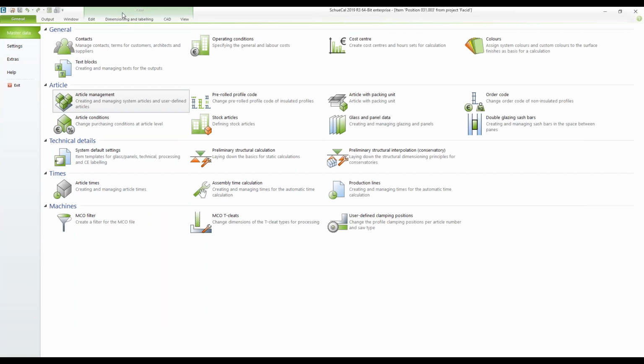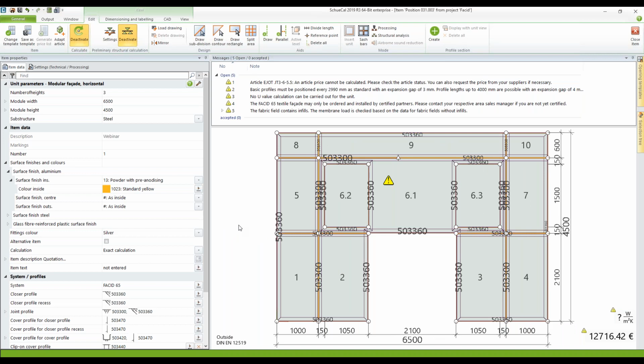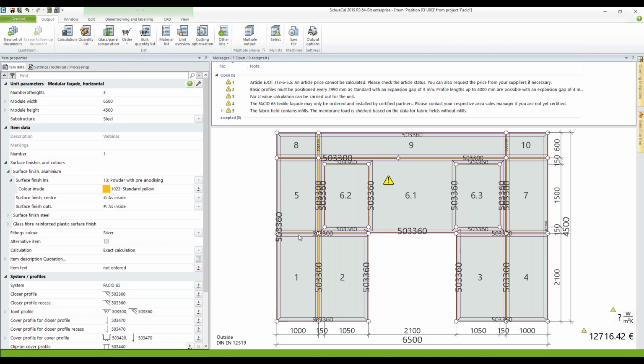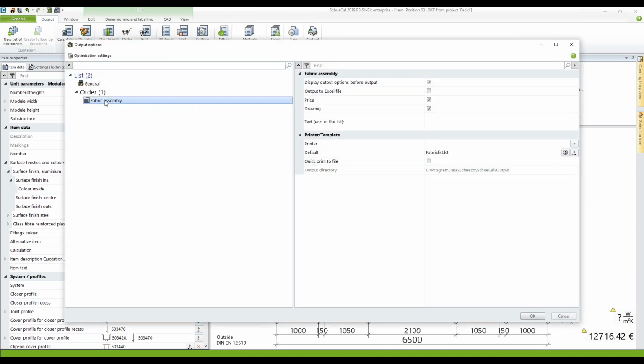Well, going back to the item here, and I go to the view from the outside. So now let's talk a little bit of the outputs. There are special outputs for the fabric and also for the facet. You find this here using the other lists, and you've got a fabric assembly here. If you click on that, fabric assembly, use some options here to show the price and also the drawing. Then if you click on OK,